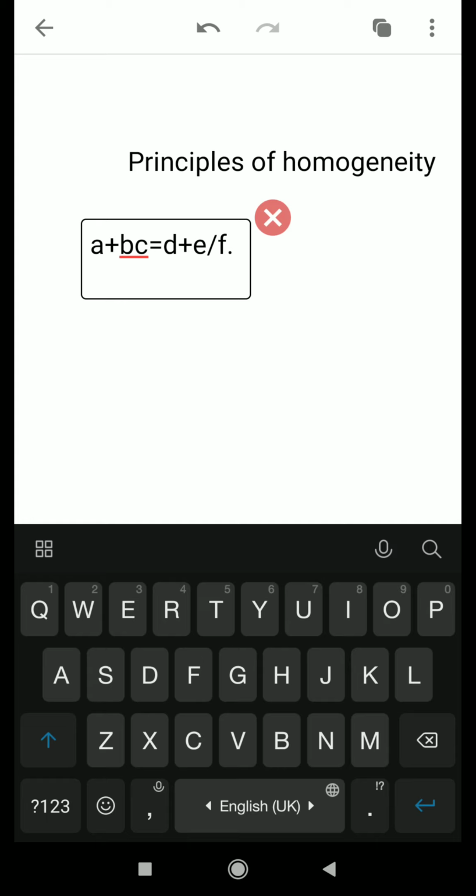How can I tell this? Because you can add 2 kg plus 5 kg. Clear? You can't add 2 kg plus 5 meter, because 2 kg is mass and 5 meter is length L. So before adding or subtracting, the two parameters should have the same dimensions. Clear? So here you can say A, BC, D and E by F have the same dimensions.